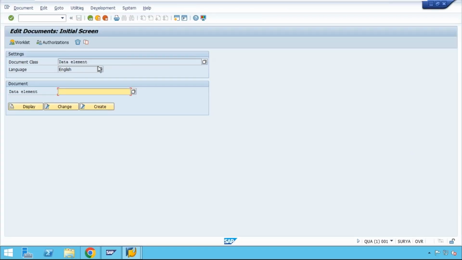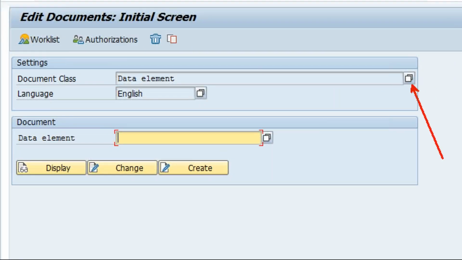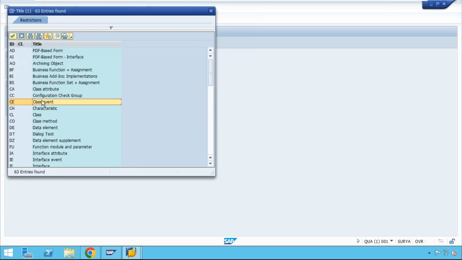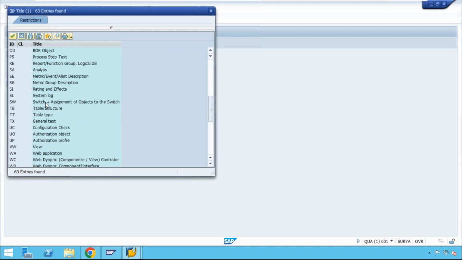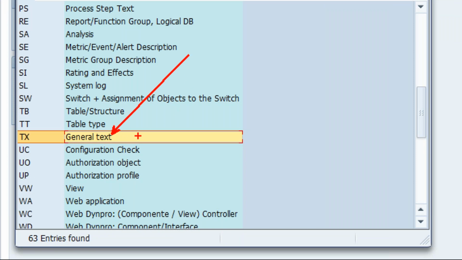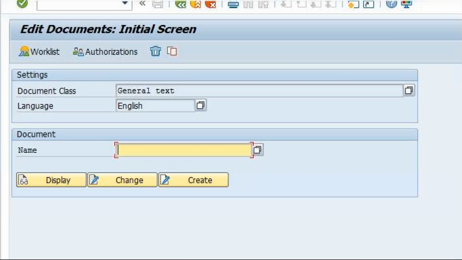So click on the browser, the data element browser. Click on browser. Scroll down. Yeah, so here we have general text. Here the language is English. Fine. Here we need to enter the document name. So the document name like